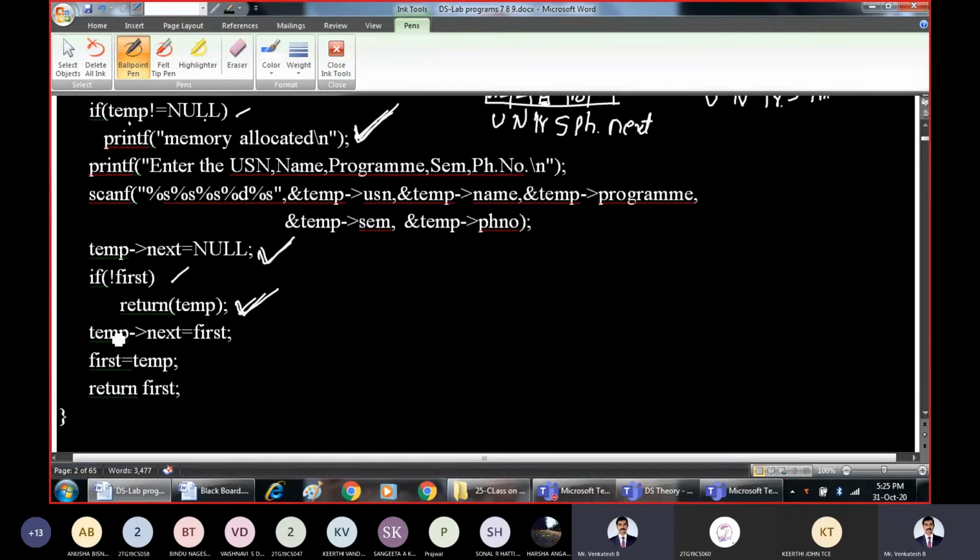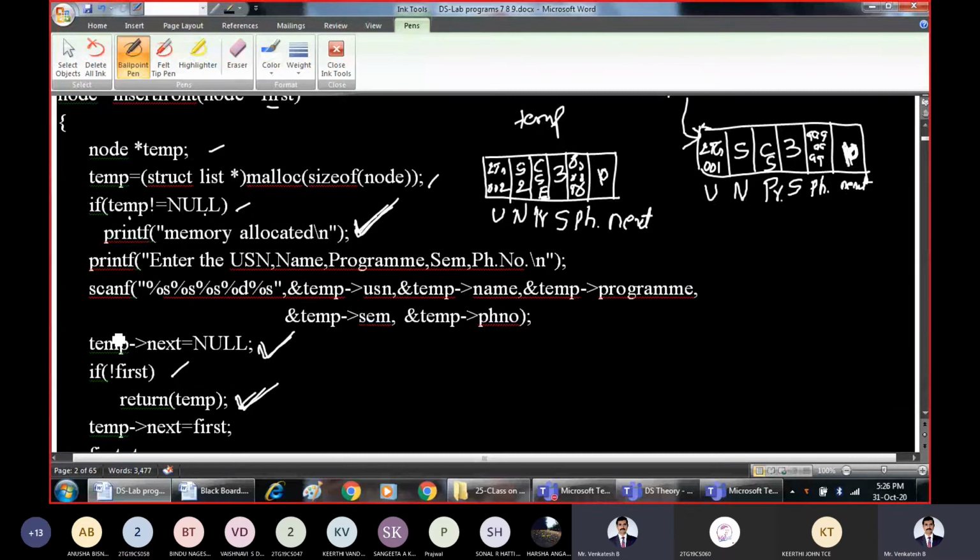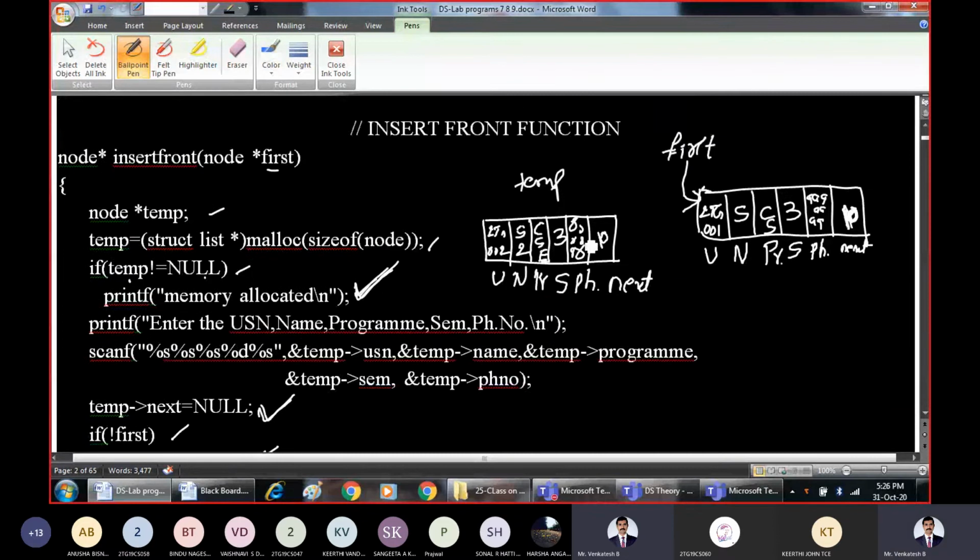Now, that means that there is some node. How can we attach this node? How can I perform linking between these two? Can anyone guess the solution? I should attach this node to this node. That means this will become the first node and then this will become the second node. Any answers? Simple logic. Attach at the front.